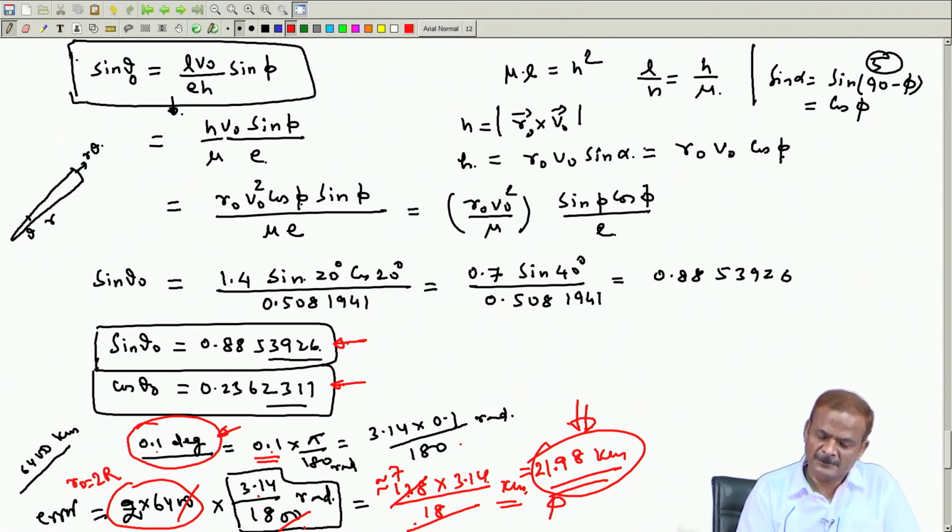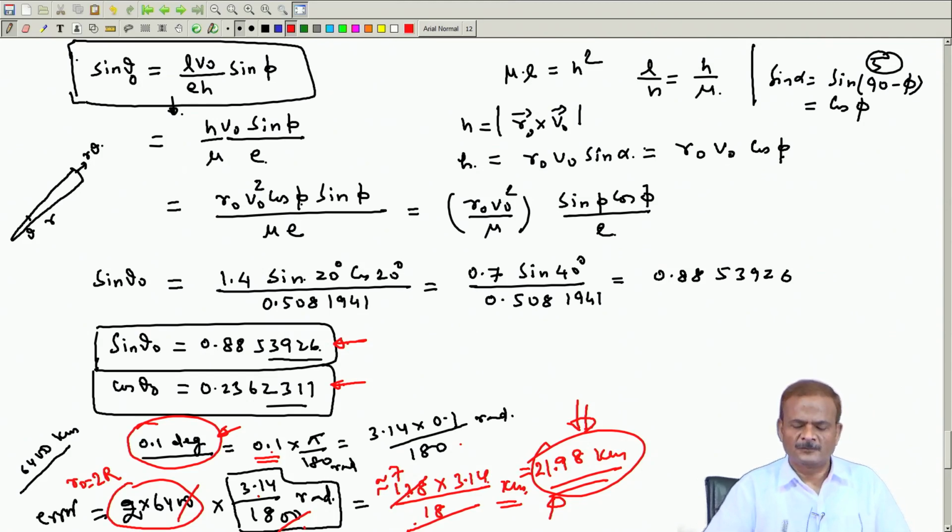If you make it 0.01 degree, this will be 2.198 kilometers. Still, it is large. So, if you are looking for precision maneuvers like docking and other things, these will not work simply. So, one learning is that we need very precise values in terms of angles, and therefore, the angles are quite often avoided in the satellite orbit determination problem, because this creates a lot of problems.